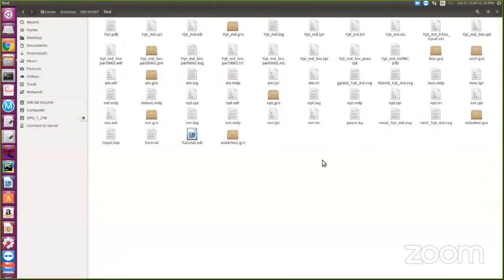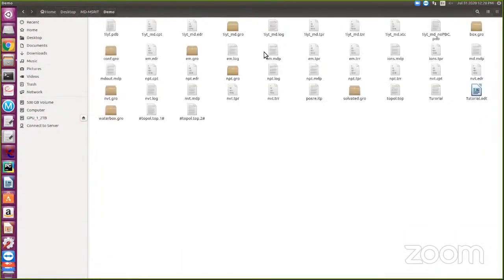Can you see here? It has created one PDB file called 1IYT. Sorry, not here. Demo. Yeah, this is my PDB file. It consists of 16 MB. Okay, this PDB file only we can visualize. From this PDB file, we can do all kinds of analysis. That is what I'm going to show now.